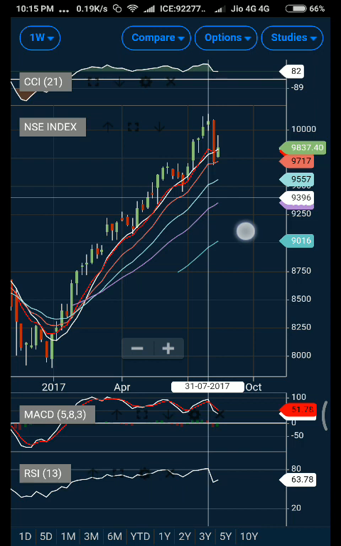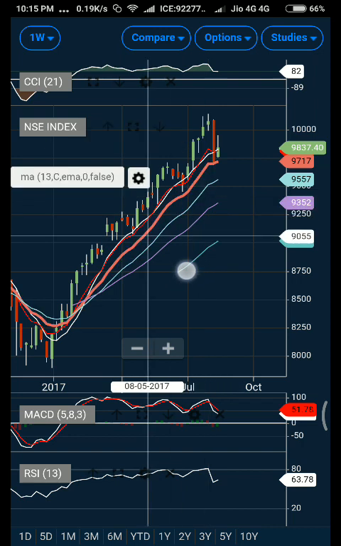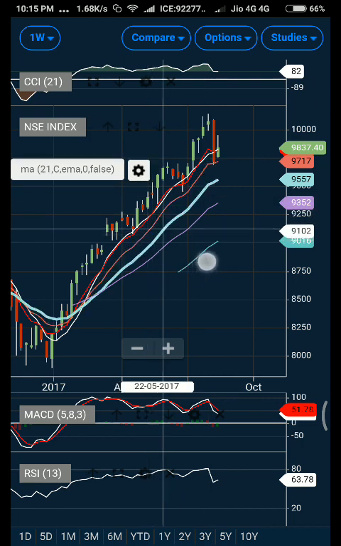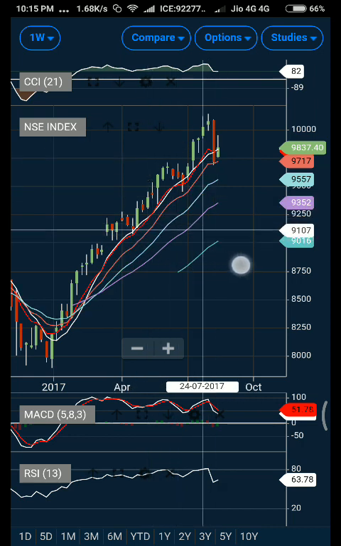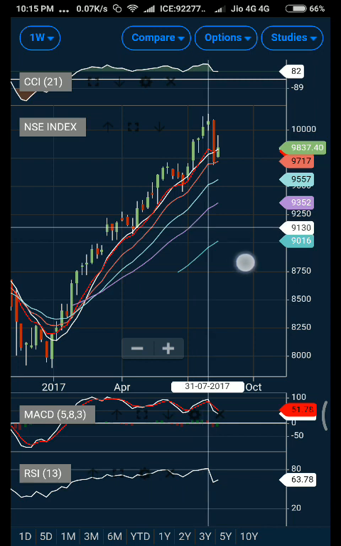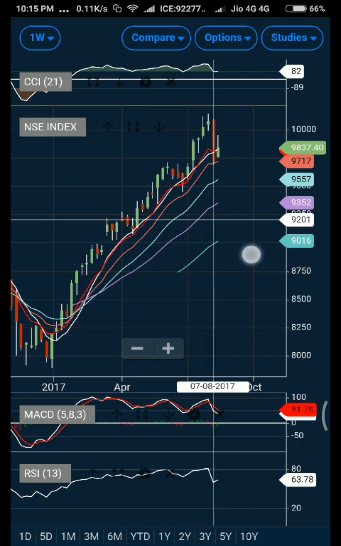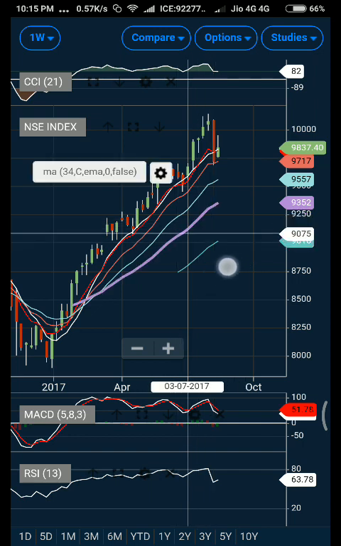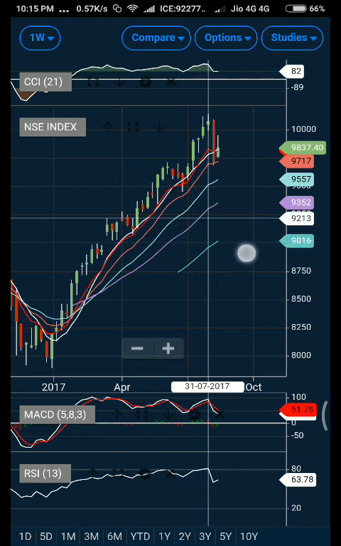The worry should be in line with a very big down move, because unless that happens, I don't think the market will go down to that much extreme. So I feel this is a routine correction happening right now. 9717 is a level you should watch out for, and on the higher side 9888 is a level you should expect if at all the market goes up.